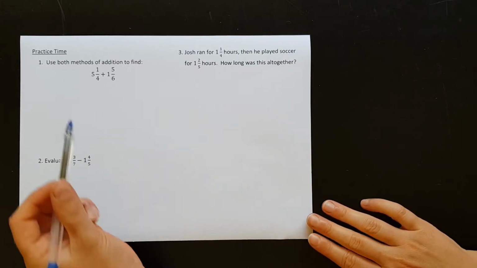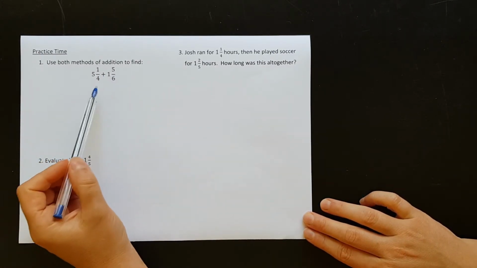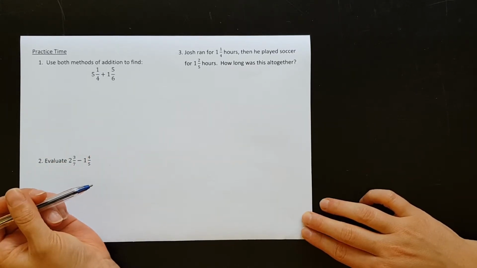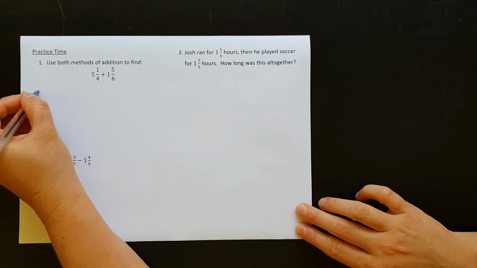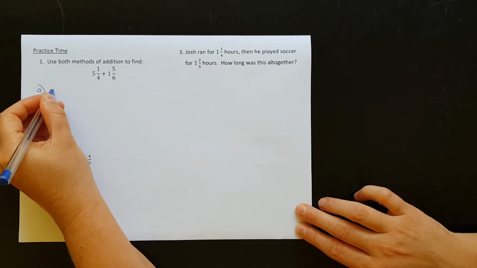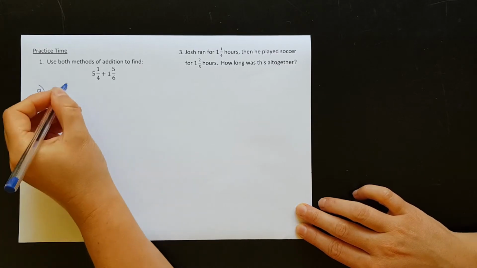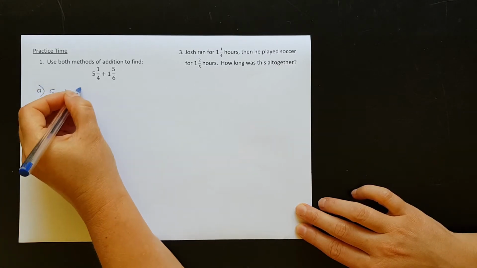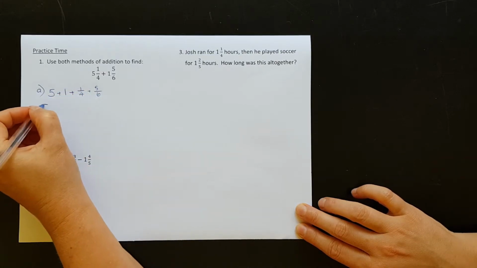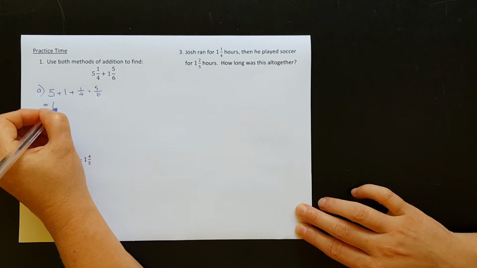So for question number 1, it says to use both methods of addition to find 5 1/4 plus 1 5/6. So the first method was to add the whole numbers, 5 plus 1, and then add the fractions, 1/4 plus 5/6. Now, 5 plus 1 is 6,